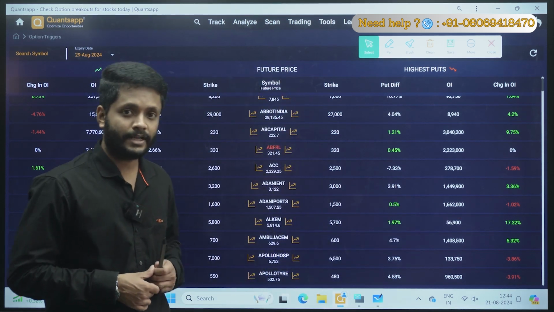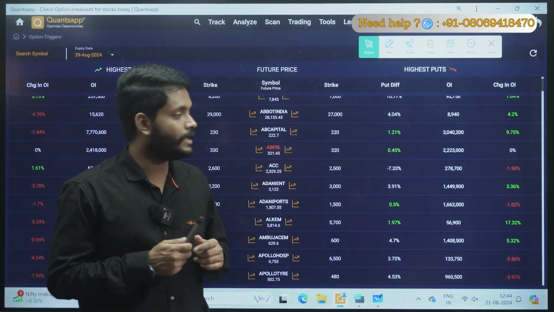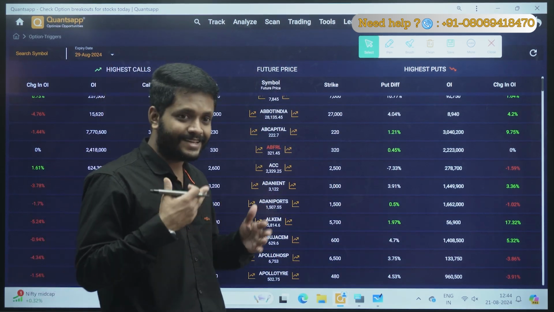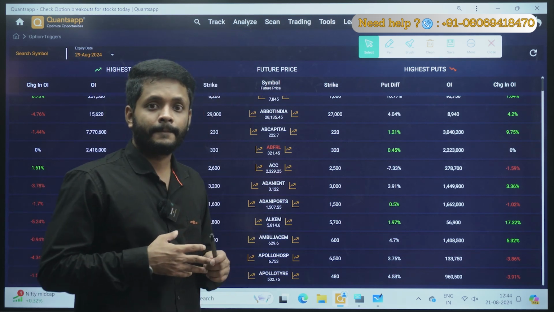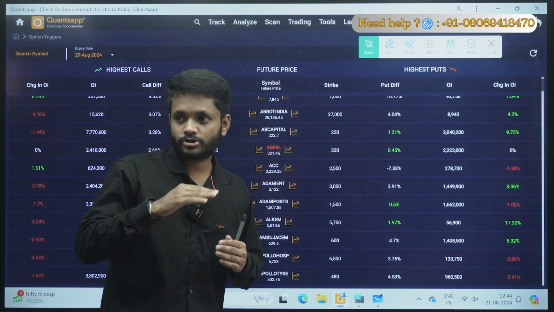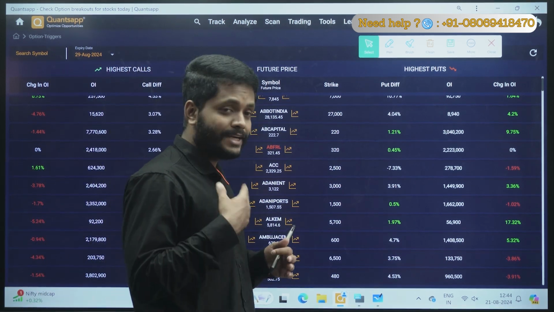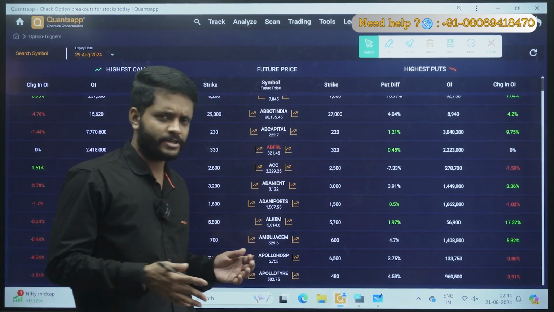a strong addition of 17%. So, as soon as Alchem comes and hits its support level, instead of unwinding, if the change in OI turns drastically positive, okay, what we can do is we can go and initiate a buy trade, because the stock is close to its support level, we can initiate a buy trade. Now, if you want a double confirmation, again as I said, go to the 15 minutes chart, take confirmation from